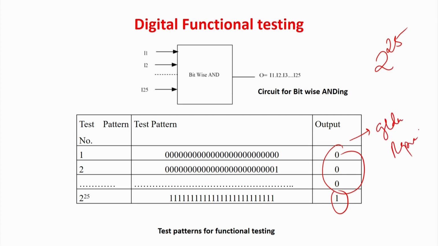Now, what will you do? You will give all these test patterns to your test program, along with the expected golden response. Now, when this device is fabricated, you will put it in the tester, which will apply all these patterns, measure the output and compare it with this. If all the bits compare fine, our circuit is normal, else there is a fault.